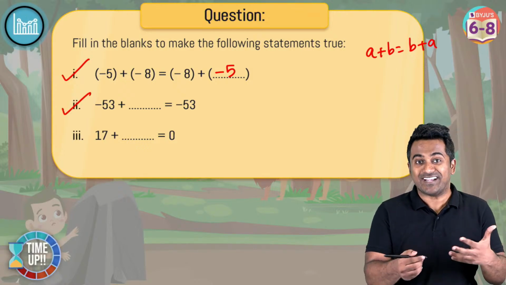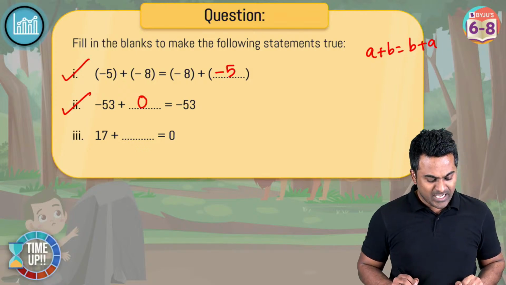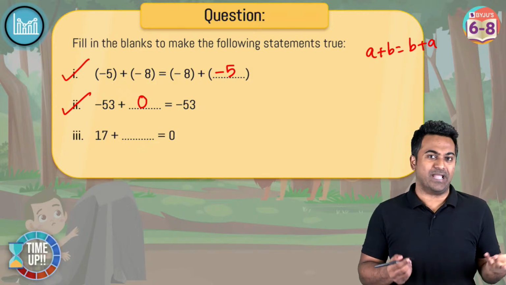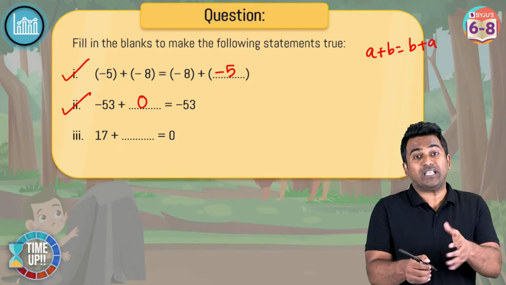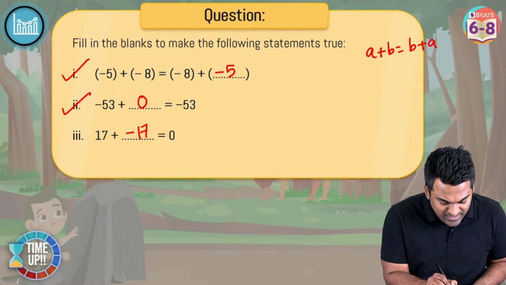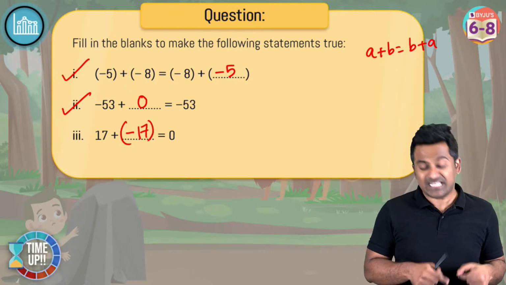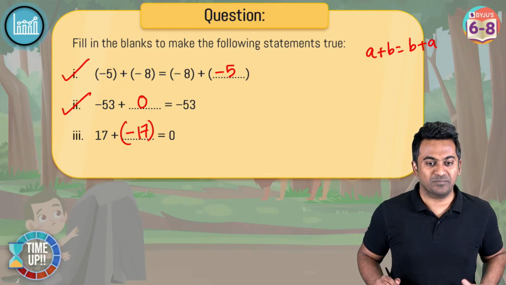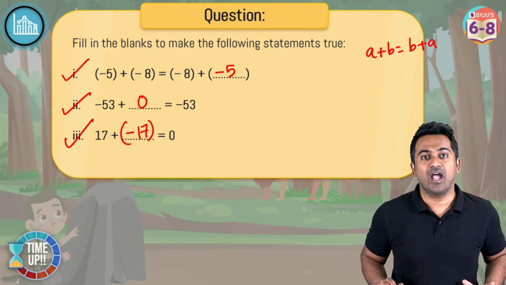Of course, we read it, right? Additive. Very good. So 0. Yes, so -53 plus 0 is when we get -53. So second one was also fairly simple. Now 17 plus what number gives you 0? Now this one should be again very simple. 17, when you add it to its additive inverse, which is -17, that's when the result becomes 0. Awesome. Good job. All of the 3 answers that you guys have given are correct.